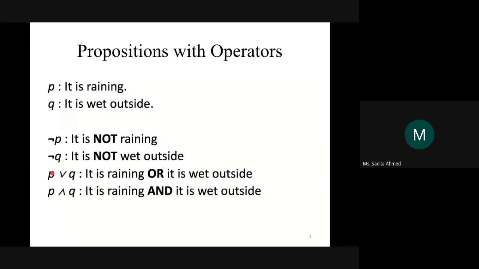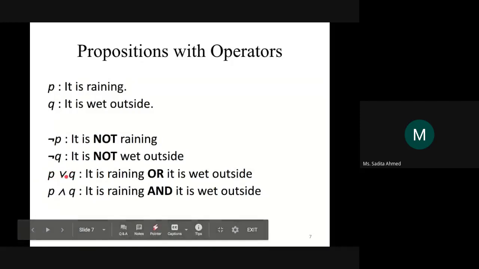When both P and Q are false, only then P or Q will be false. So bear that in mind, all right? Now,